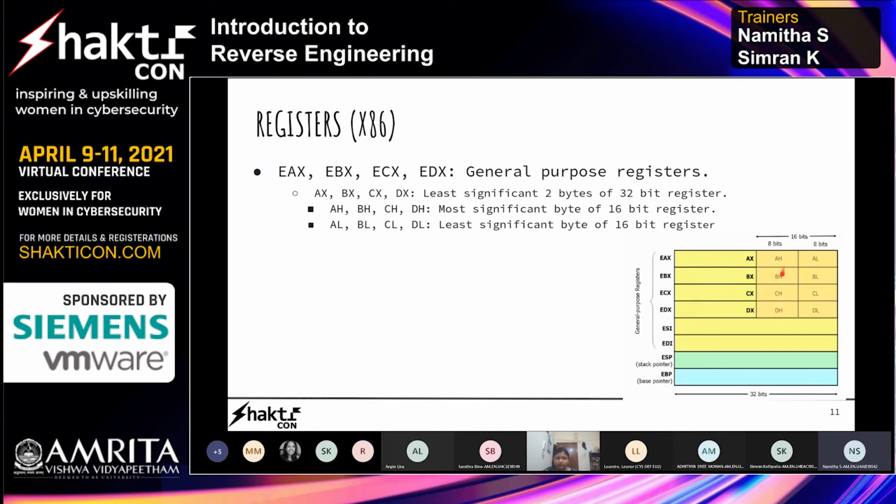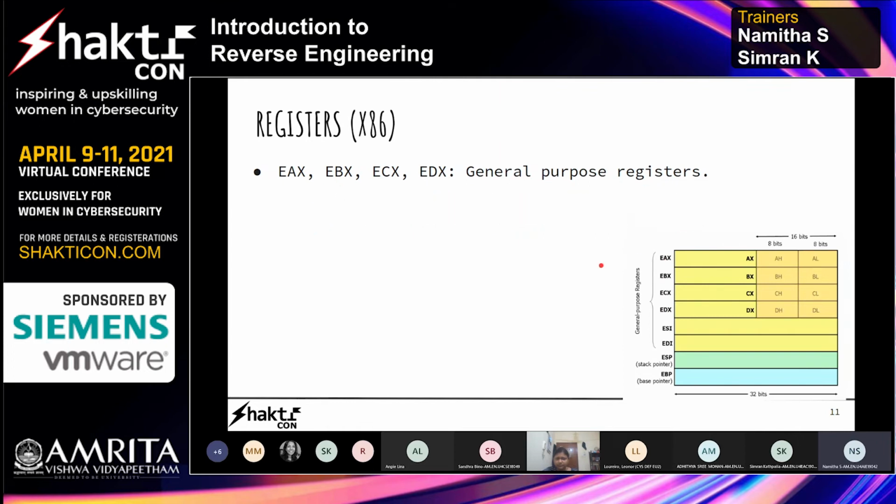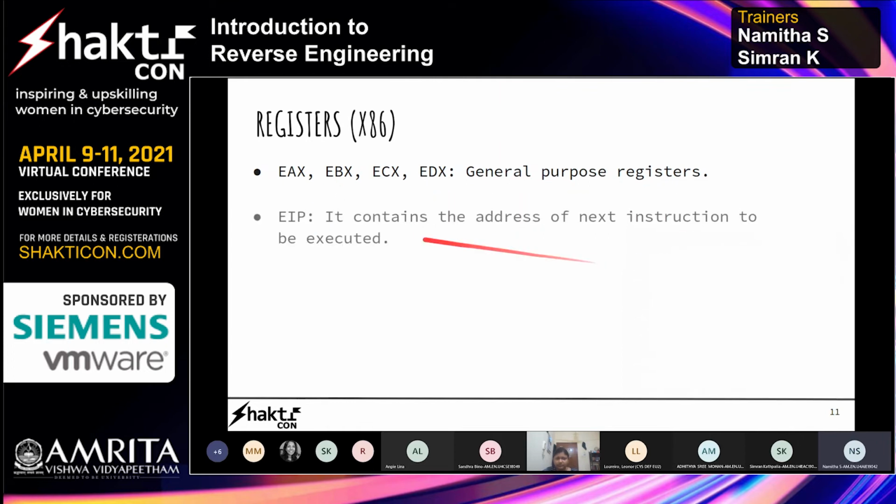AH, BH, CH and DH are the most significant bytes of the 16-bit registers, and AL, BL, CL and DL are the least significant bytes of the 16-bit registers. So this is the subsection of these 4 registers. Now let's look into the other ones. Another one is EIP, which I didn't tell you about.